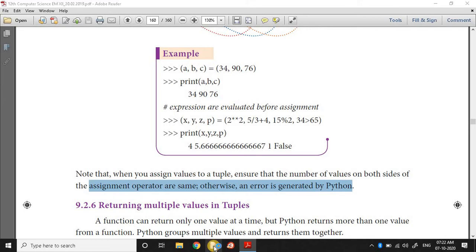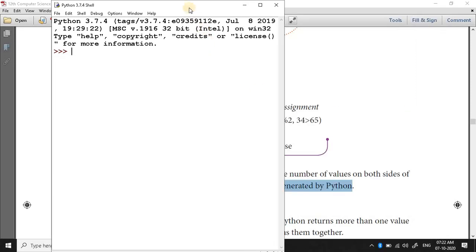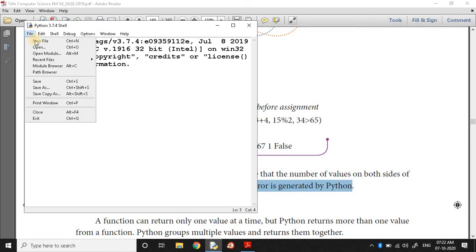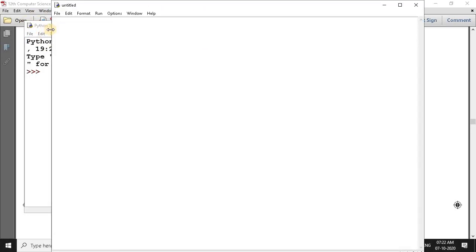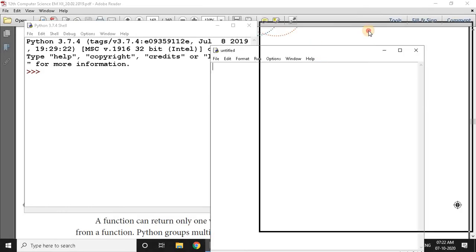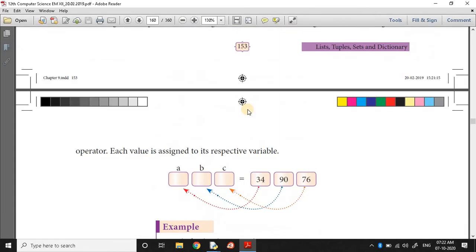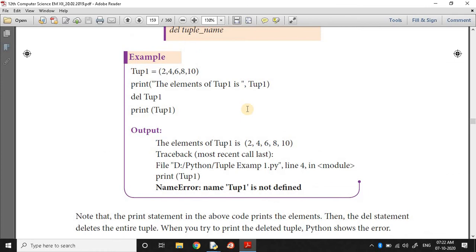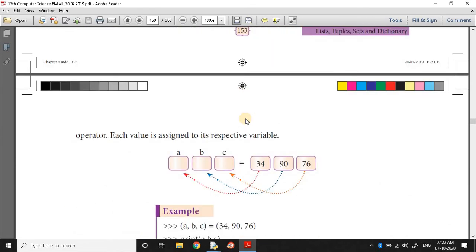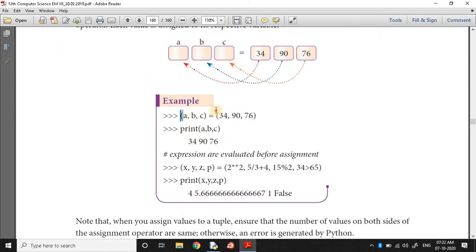Let us see it in our programming. Multiple assignment: here each value is assigned to the respective variable. How to do this?